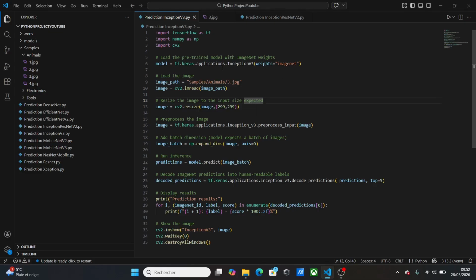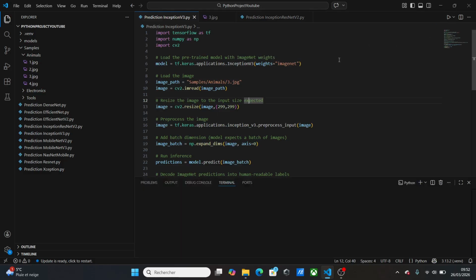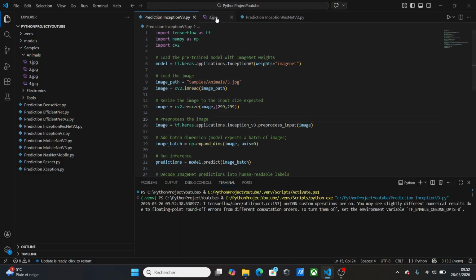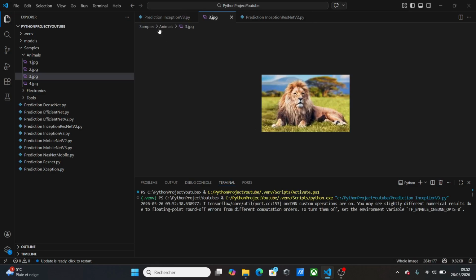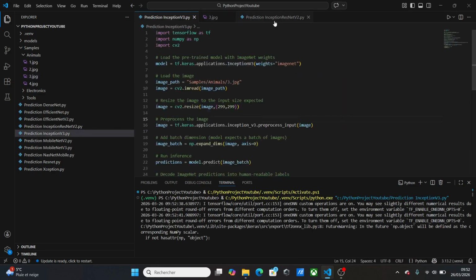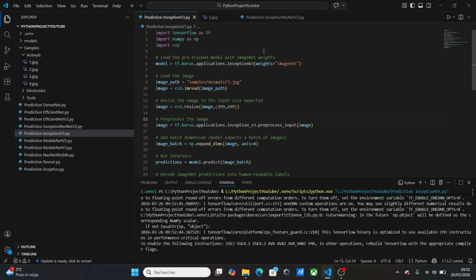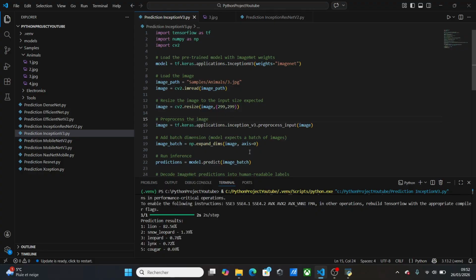So last time we made a comparison between the Inception and the Xception. I got a score of 82% with the Inception V3 for the prediction of this image. Now we will try it today with the InceptionResNet version 2, and we will see if we get a better score. So for now we have three models